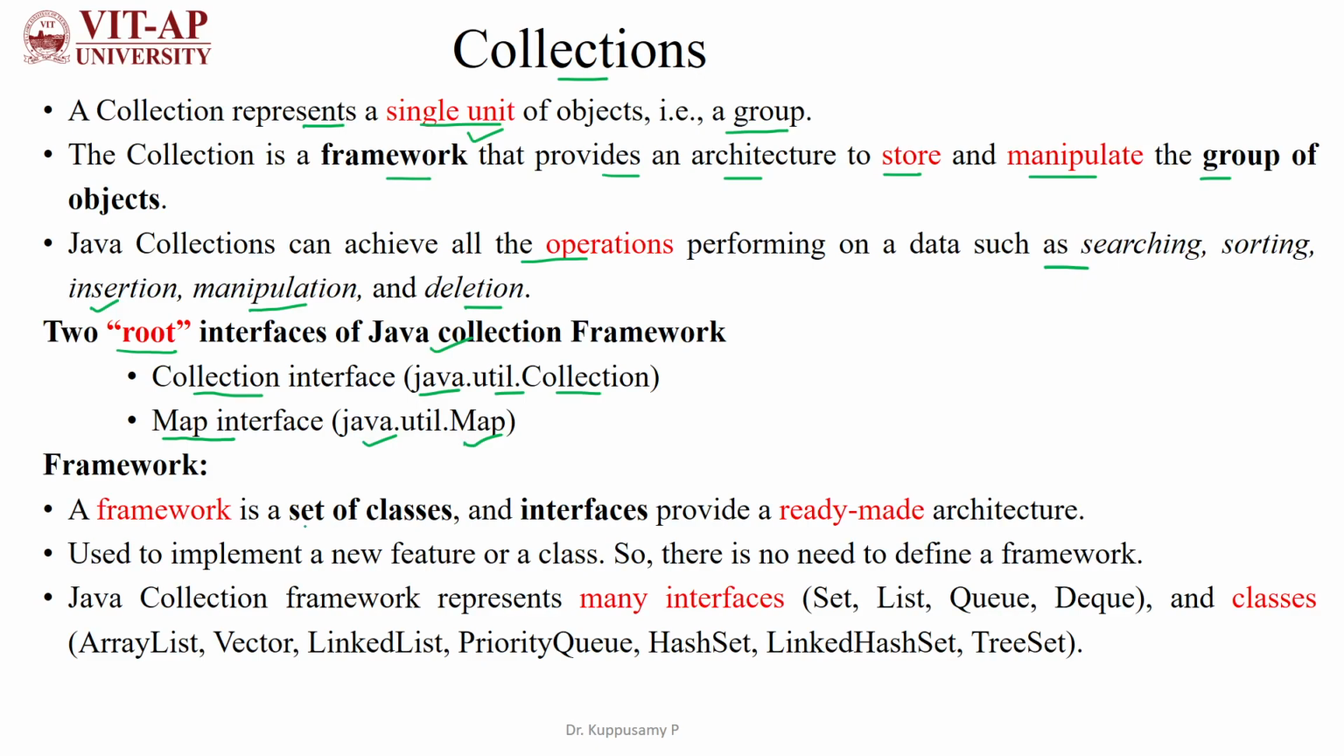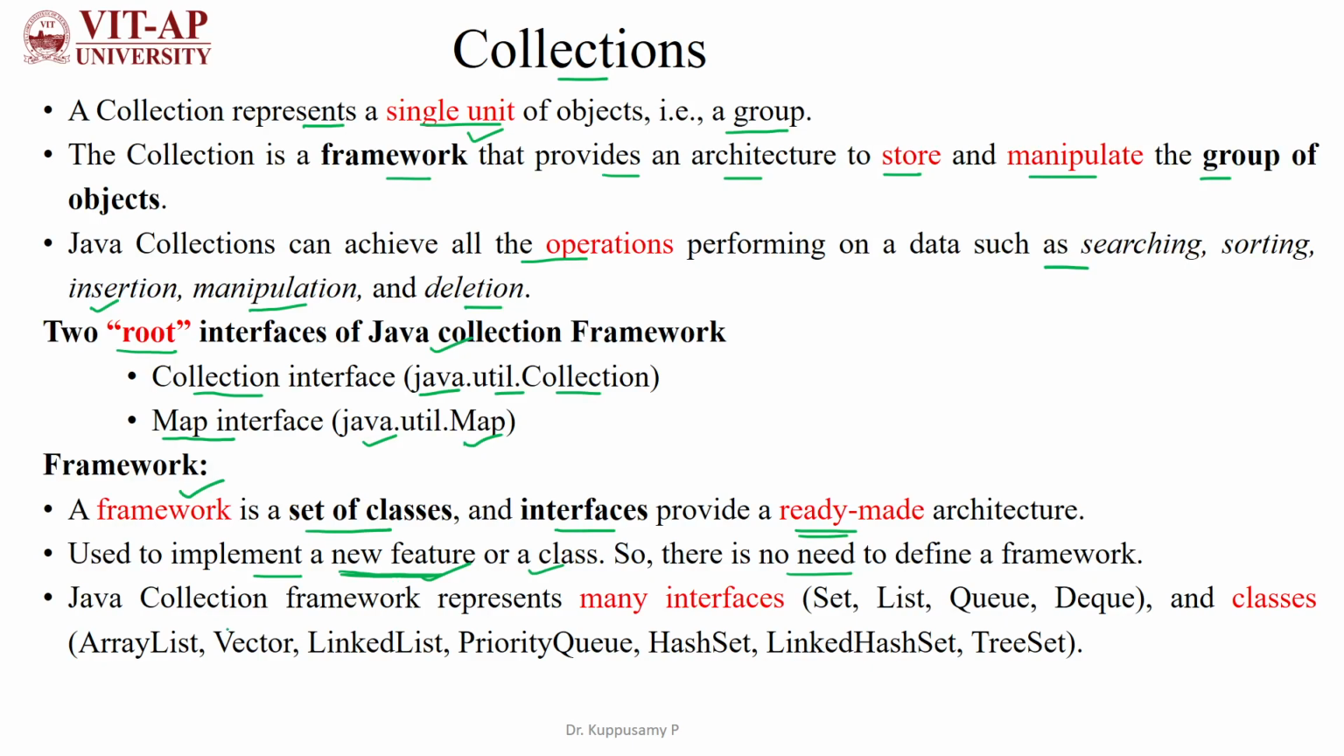The Java framework has a set of classes. That means the Java collection framework has a set of classes and interfaces which provide the user with a ready-made architecture or ready-made template to perform the Java collections operations, which is used to implement a new feature or a class. So there is no need to define a new framework instead of the Java collection framework. So the Java collection framework is sufficient to perform the operations by creating or implementing the new features by using the